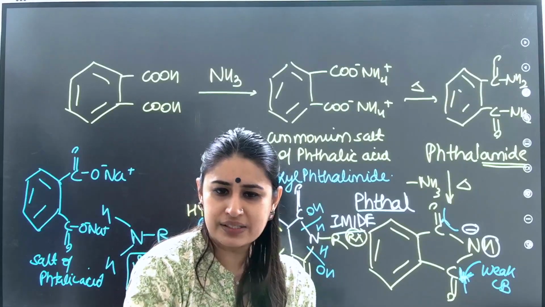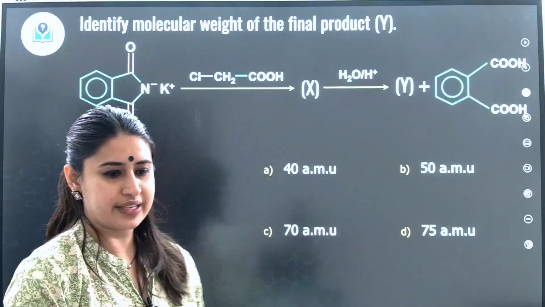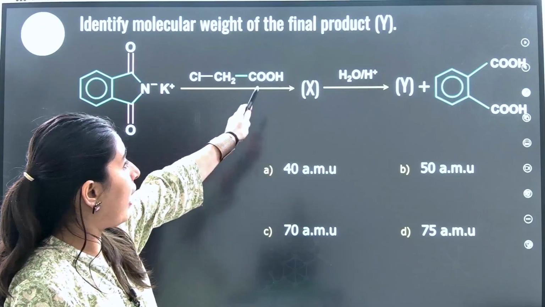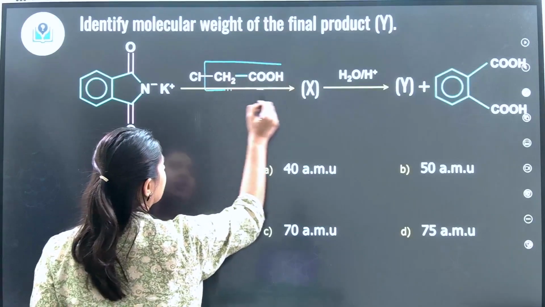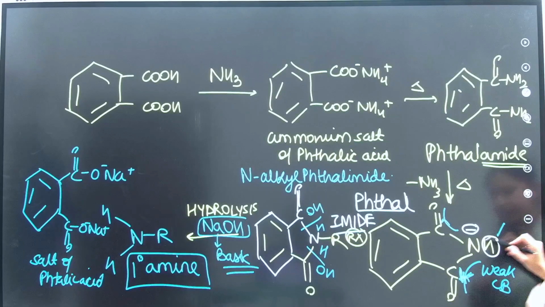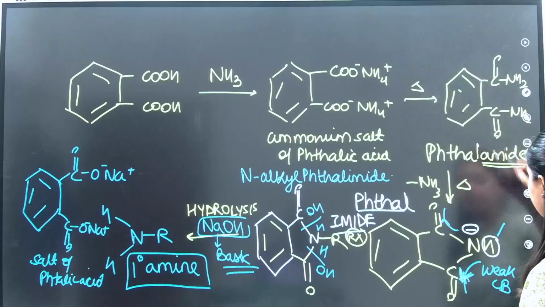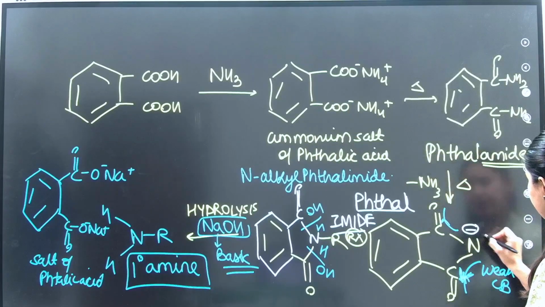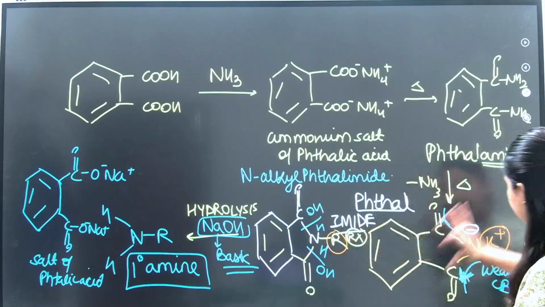Okay, if I ask you a question based on it, let's see whether you have understood this or not. Very good question. You have to tell the molecular weight of the final product. Do you understand what shall be Y? So this whole thing will get substituted. Let's go back to our previous exercise. I told you this is acidic, this will go, and because we have added base in our solution, we are going to add alkyl halide in the presence of a base. So you're going to get N minus K plus basically, which will be replaced by an alkyl group. So X is going away.